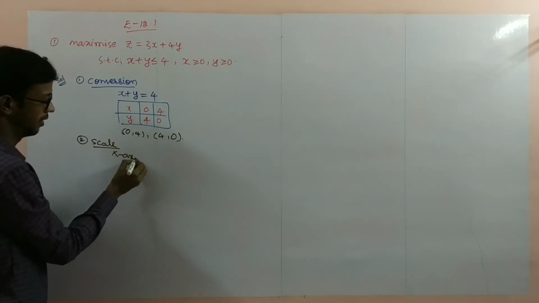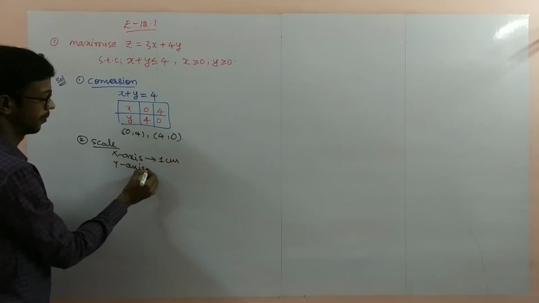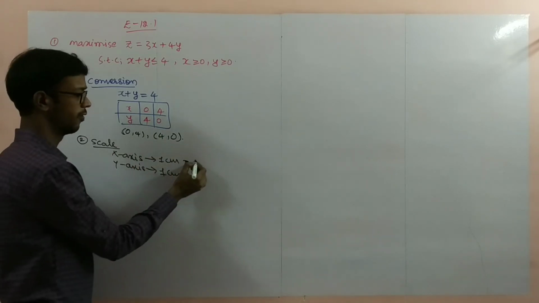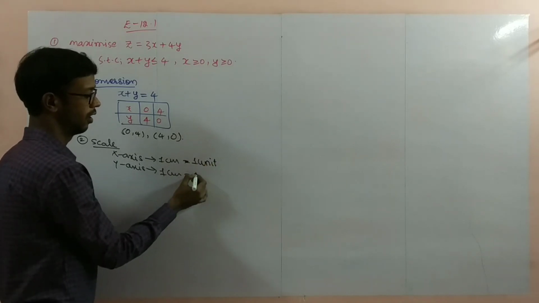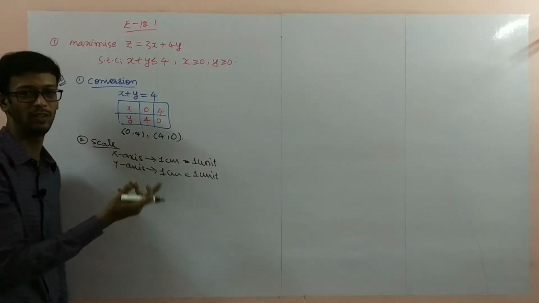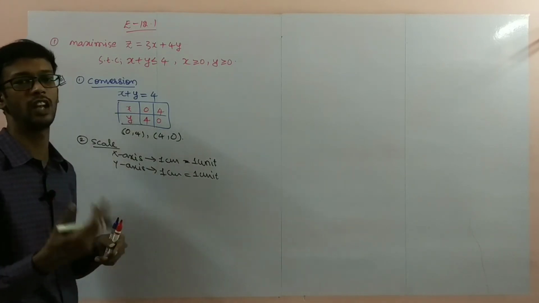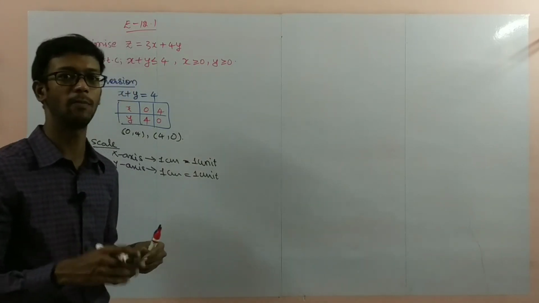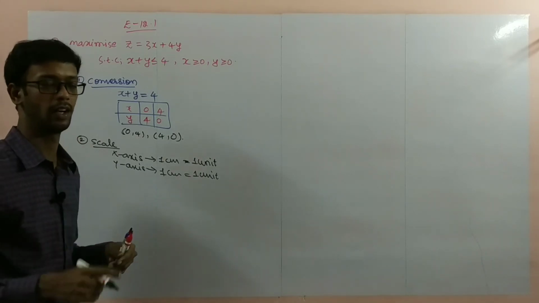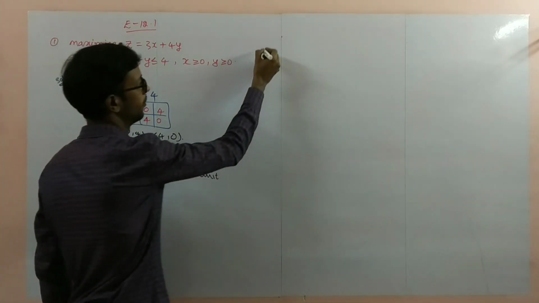Next, second point, scale. X-axis 1 centimeter, y-axis 1 centimeter equal to how many units? The values are small, so I am taking 1 unit. You have to take only 1 unit, since by these points the graph is sufficient with fewer numbers. Previously 50, 90 were there, and writing 1 was not possible. At that time you have to take 10, 10 or 5, 5, that is 1 box equal to 1 centimeter equal to 5 units. Here 1 unit is enough. Next, draw the graph here.